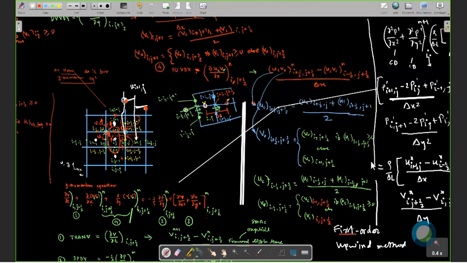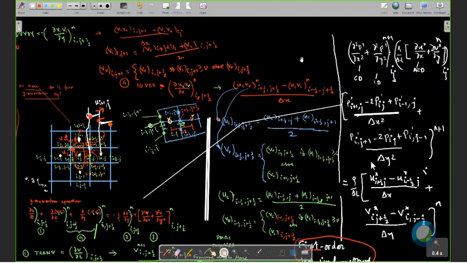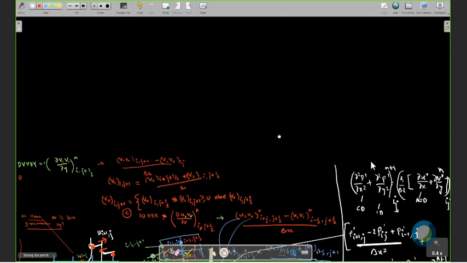And that point is also based on the direction of the velocity. If it is in the reverse direction, this is the point. If it is in the forward direction, I mean in the upwind direction, this point is considered. In the next class, we will see the other methods. There are other methods called second order upwind method. So I think we'll stop the class. I'll just name those. We'll be looking at some of the methods.